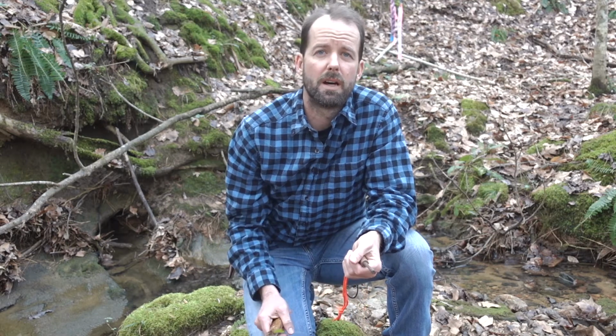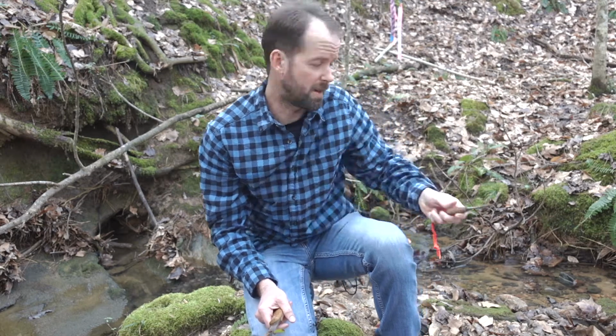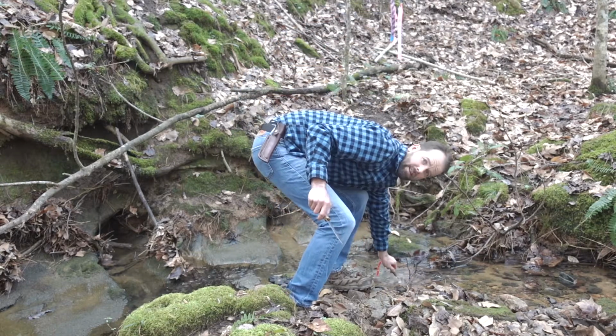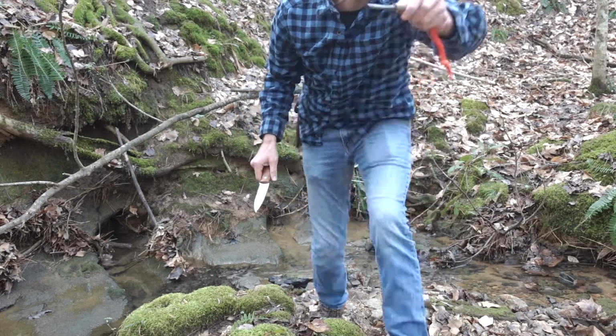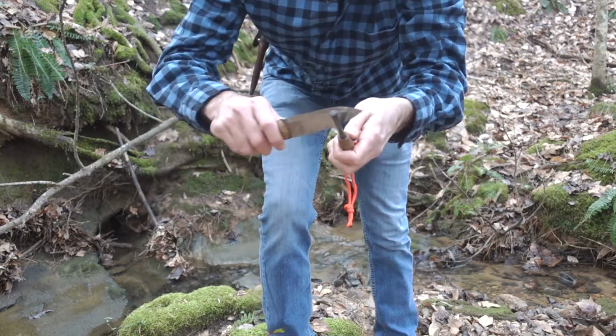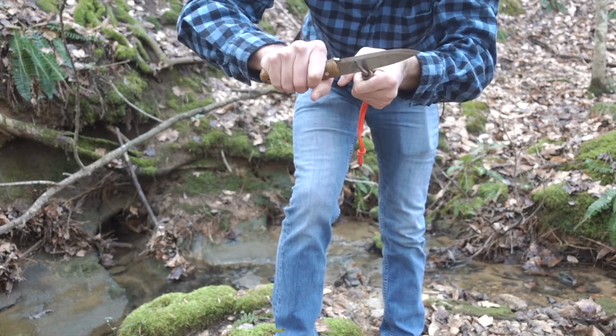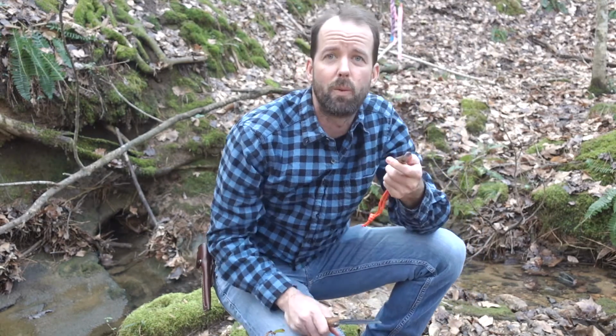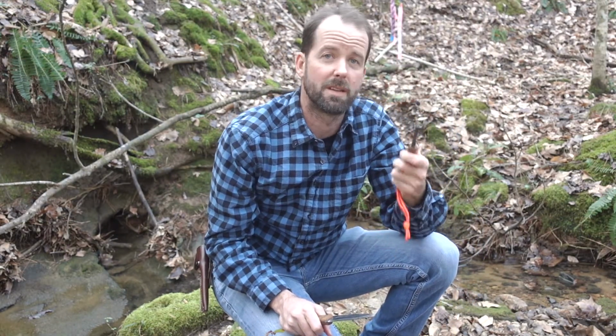Now there are some benefits to using a ferrocerium rod versus just a Bic lighter or another fire starter like matches. One, this doesn't have to be waterproof, right? So there's a little creek behind me. I can take this, I can swish it in the water, see? Dripping with water, and a couple of strikes and you're throwing sparks. So this can get wet and you don't have to worry about it